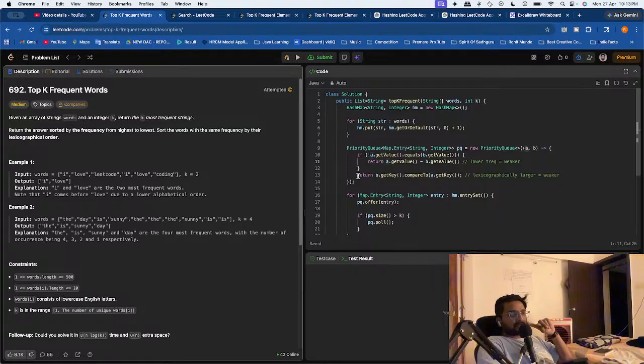This is the thing, and this we get, will add this to pq.offer, add to the priority queue. But before that we have to check if the priority queue is full, we'll use the secondary logic, we'll add this, and simply if pq dot size is greater than k, then we'll simply remove an element from the priority queue. Okay, so